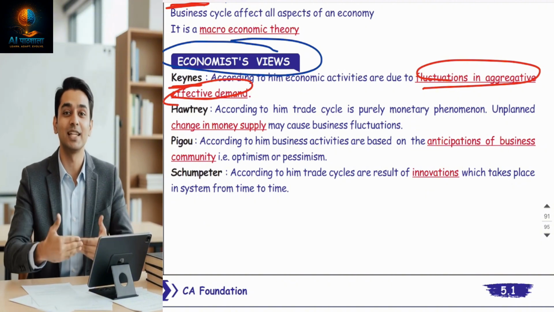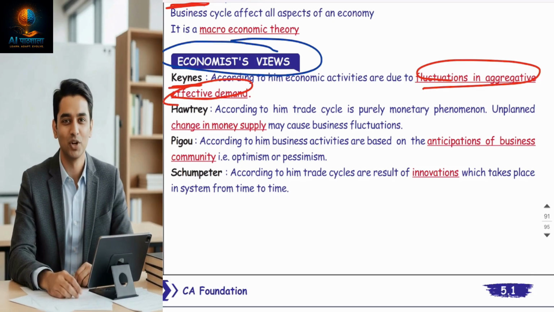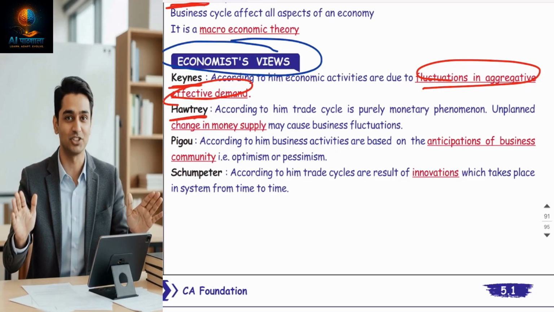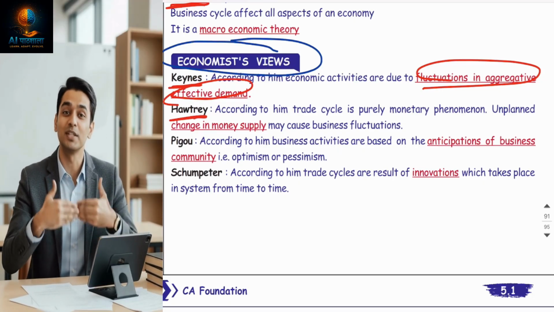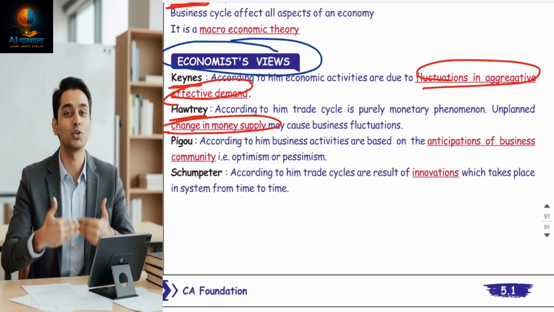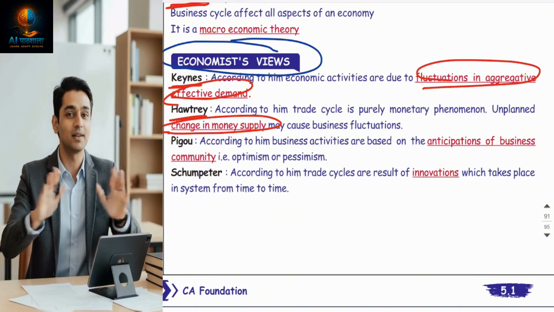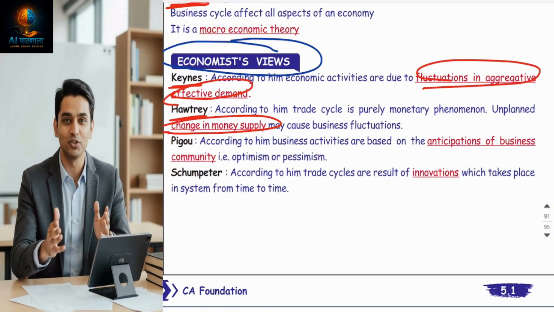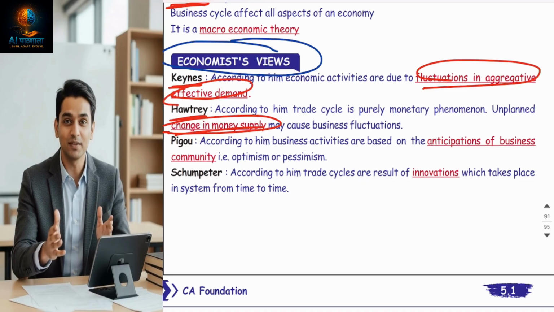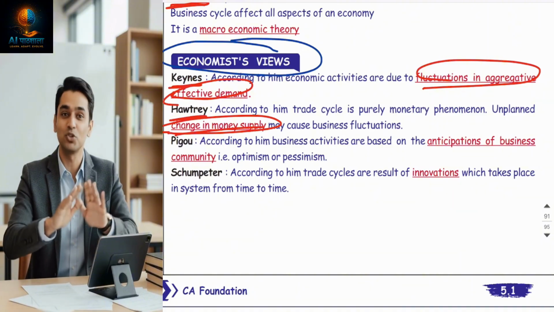Okay, so Keynes is giving a reason of change in demand. The second economist is Hawtrey. Hawtrey says that it is a monetary phenomenon caused by changes in money supply. Hawtrey says the fluctuation takes place due to change in money supply. Means a totally different view. Hawtrey says change in money supply is solely responsible for the fluctuations in the country. Keynes is focusing on aggregate demand. This is a one-liner MCQ you should keep in mind.